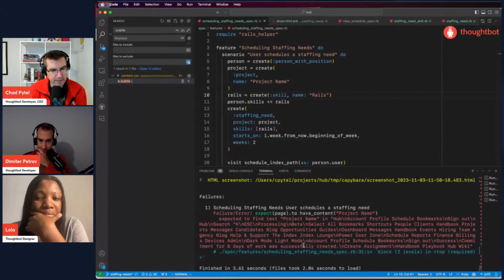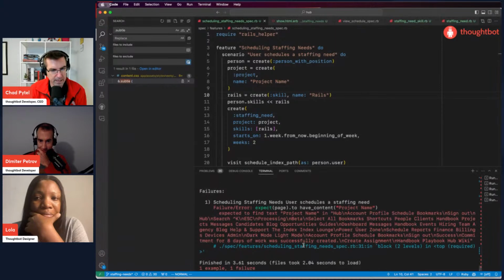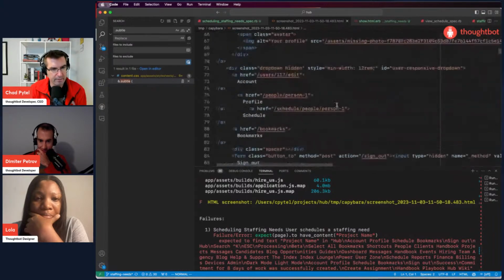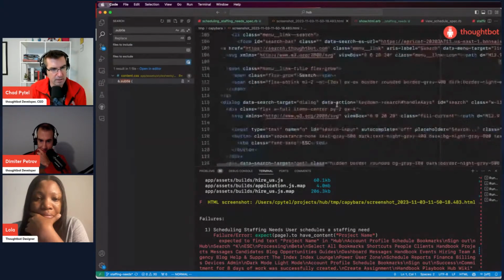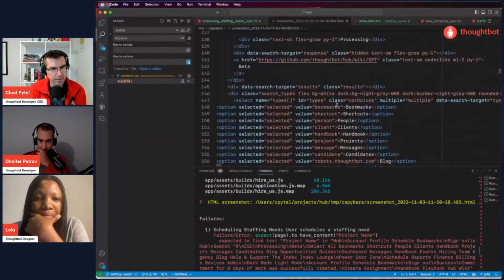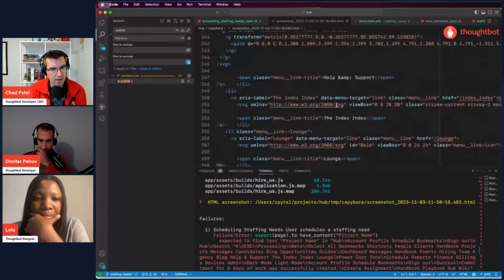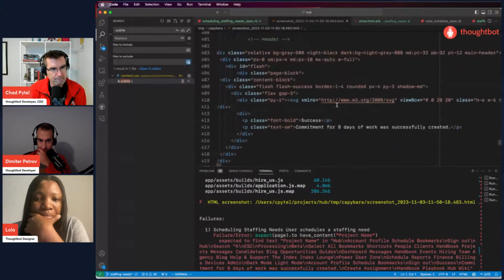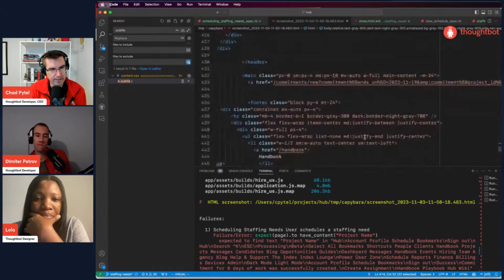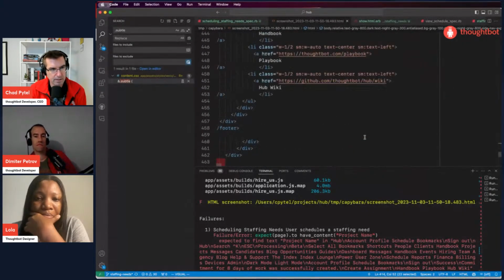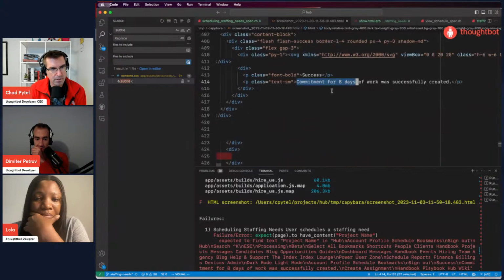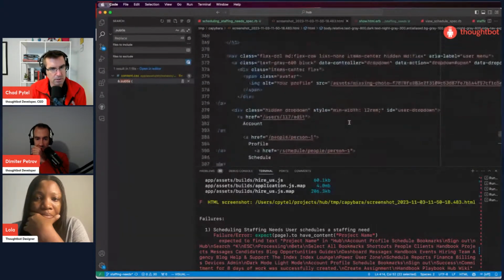So we expected to find the text project name on the page, and we didn't find it. I'm just going to the HTML for the generated page just to see what page we're even on and what it is. There's a lot of stuff here. We got a flash message: commitment for 8 days of work was successfully created. But there's like no schedule shown on this page